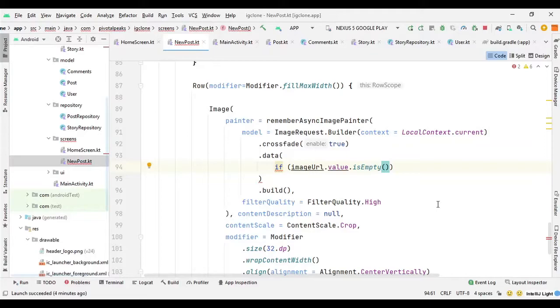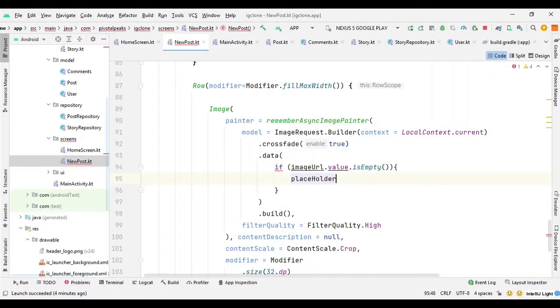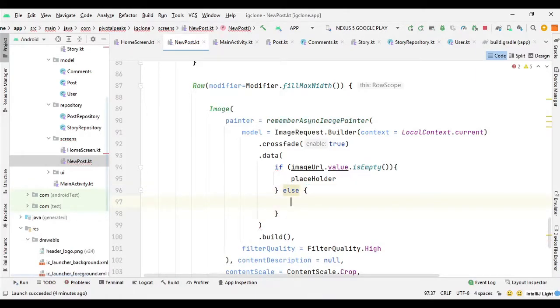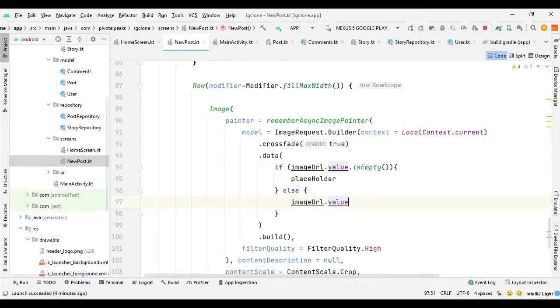Both of them will work. Then we will say placeholder image or placeholder, else we will use the image URL dot value. So if we have the image URL, then we will use the image URL value, otherwise we will use the placeholder image.